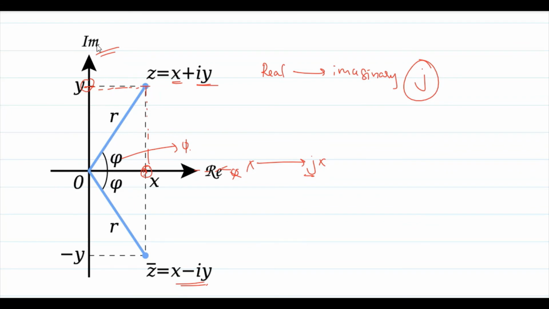This means the operator or vector will move from the real axis to the imaginary axis. So automatically this j operator is going to turn every value by 90 degrees. This j operator gives a rotation of 90 degrees. We will see what happens if you multiply by j once, twice, thrice, like this, on an Argand diagram.